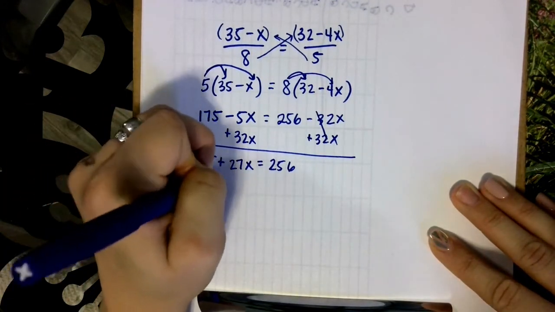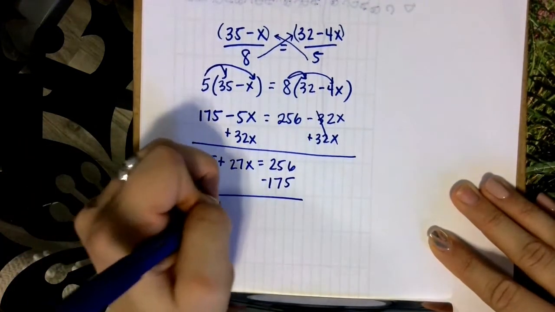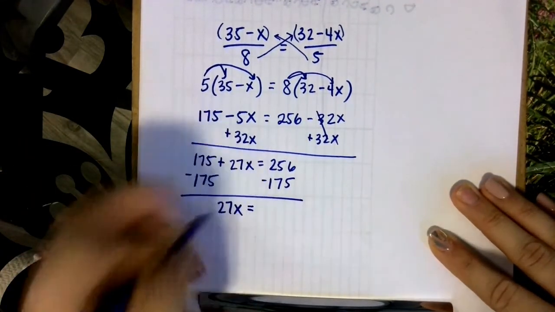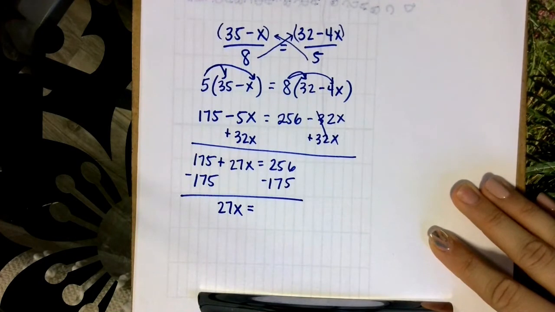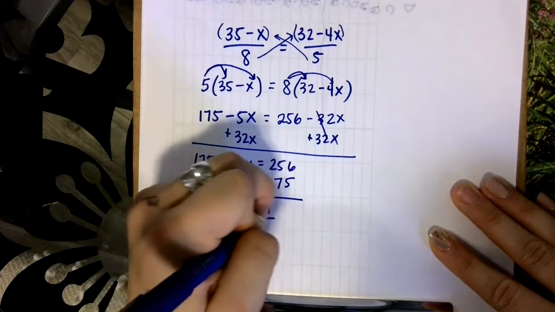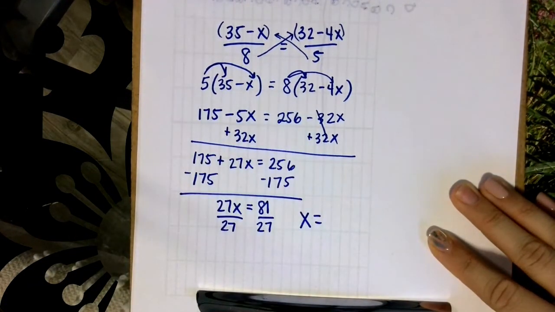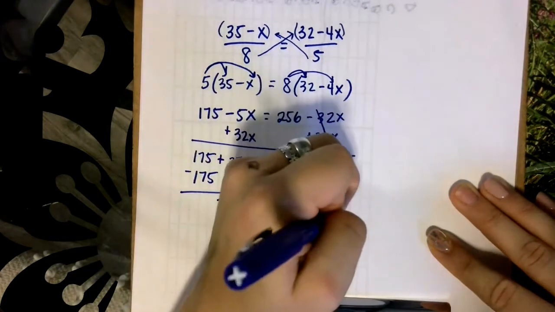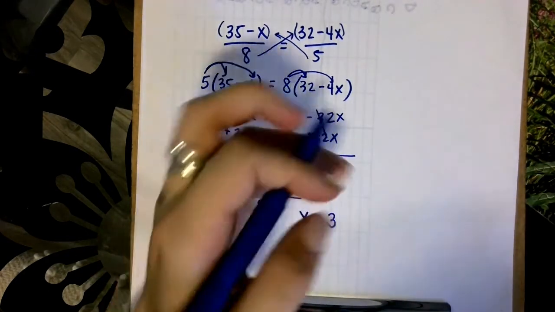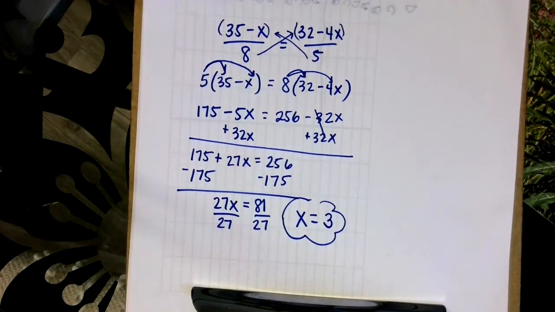Then I'm going to subtract my 175. And then I end up with 27x equals 81. Divide by 27, and x equals 3. X equals 3. So I know that my cylinders are going to weigh 3 ounces. Now to find my